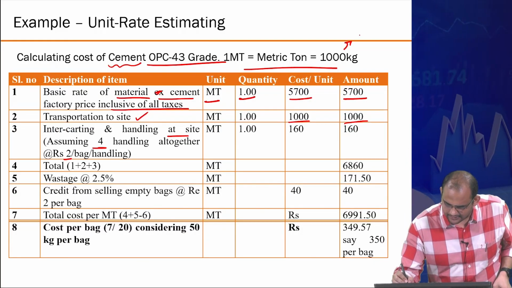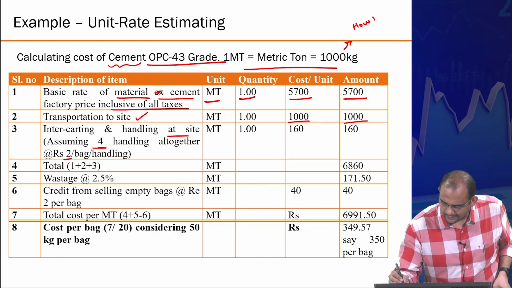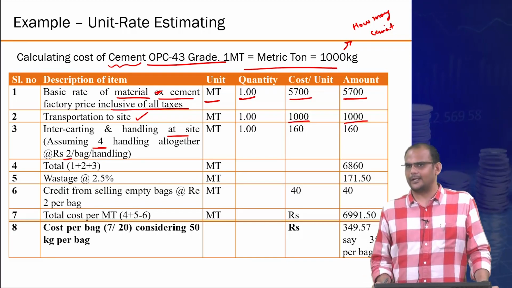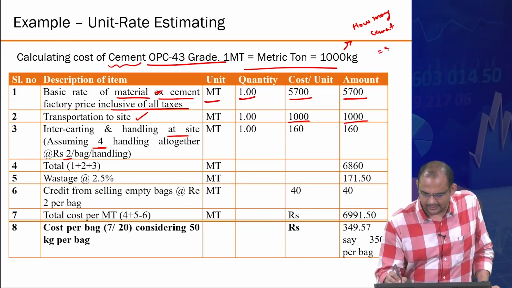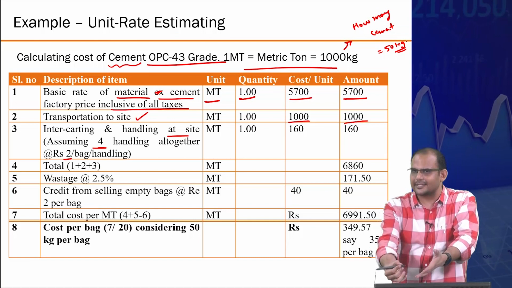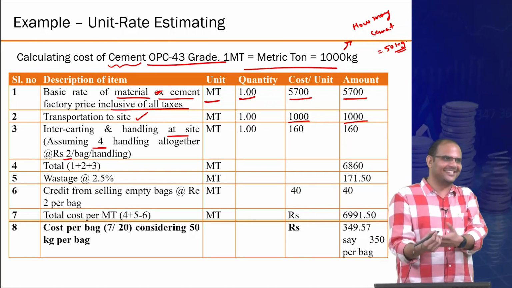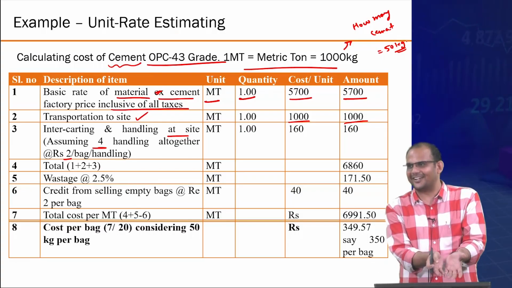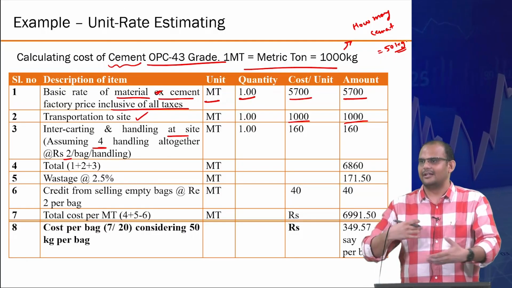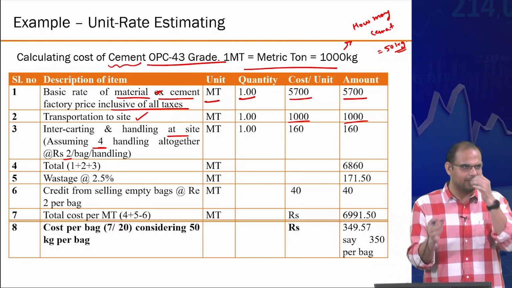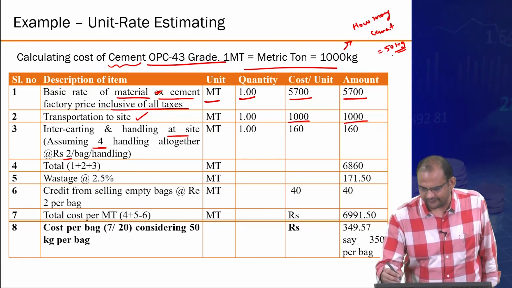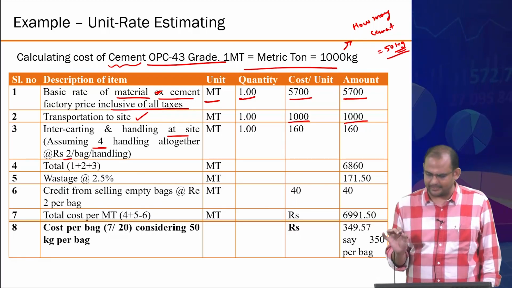So 1000 kg, how many cement bags? 20. One cement bag is 50 kg. So this is, again, you need to know this. Otherwise you can't do this calculation. You could have a 1 kg cement bag, then your cost of handling will become extremely difficult, or if you are assuming a 100 kg cement bag. So this is where the real knowledge also comes into the picture, that you cannot just be oblivious of these day-to-day conventions that are applicable in construction. But okay, 50 kg, standard cement bag size is this.